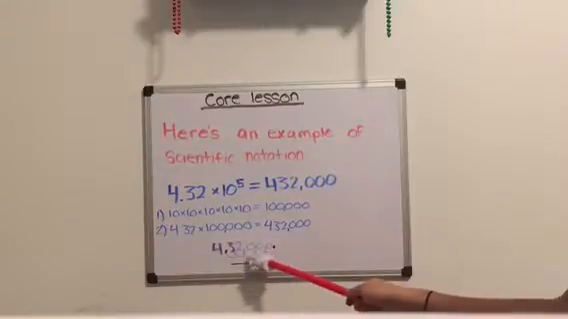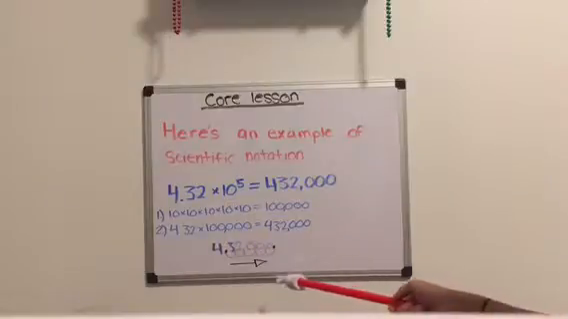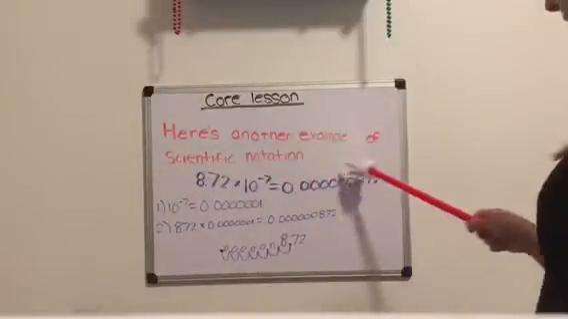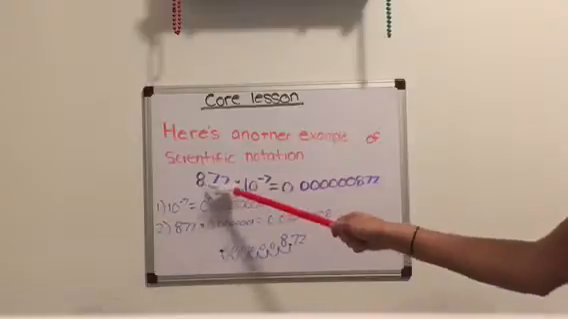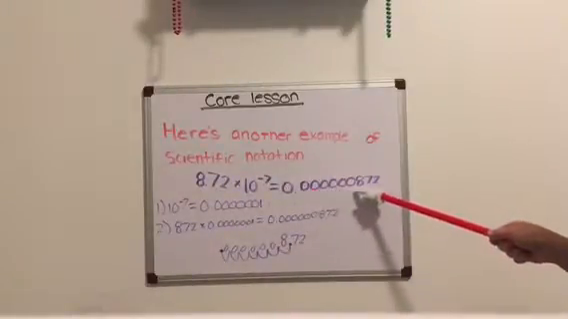Another method you can use is just to move the decimal point to the right 5 times since you multiply 10 by the power of positive 5. Here's another example of scientific notation. 8.72 times 10 to the power of negative 7 would give you